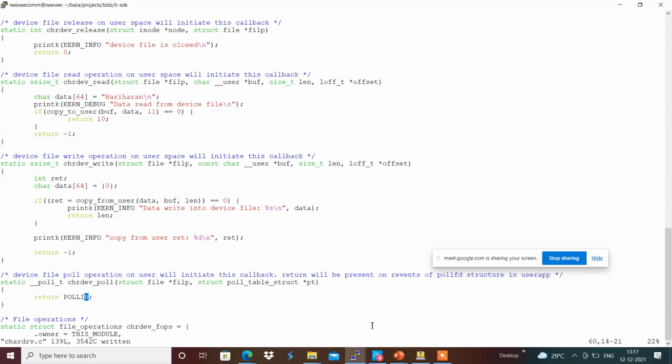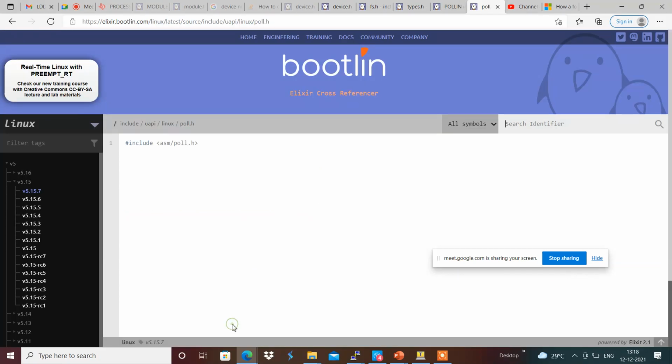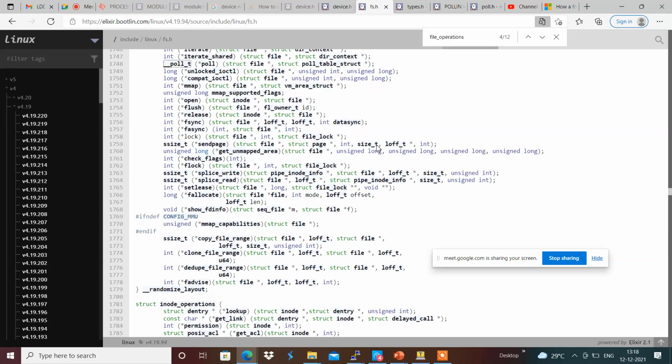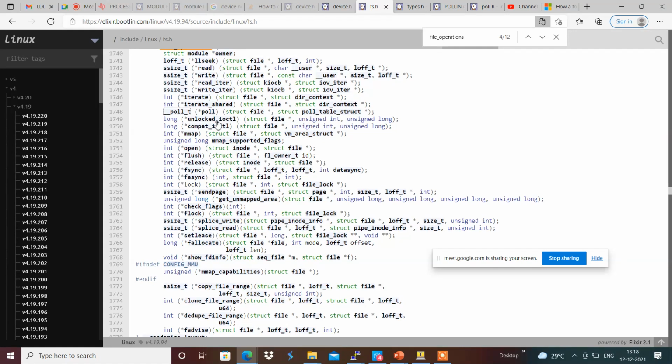In the Linux kernel we have two different ioctls, unlocked ioctl and compat ioctl. Now we will see about the unlocked ioctl. It does not get locked. If multiple threads are using the same ioctl, it will be allowed accordingly.